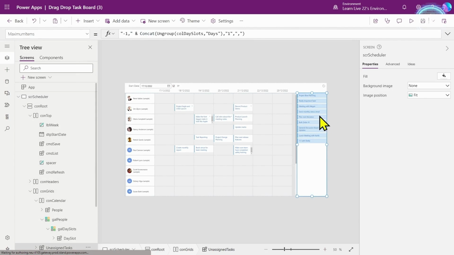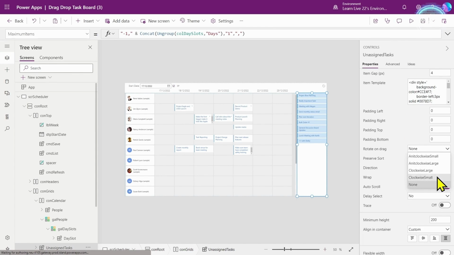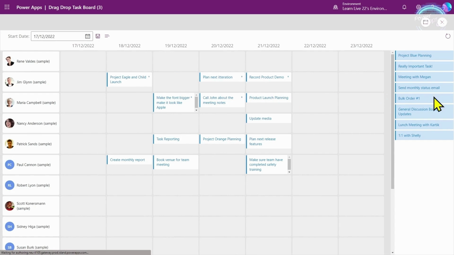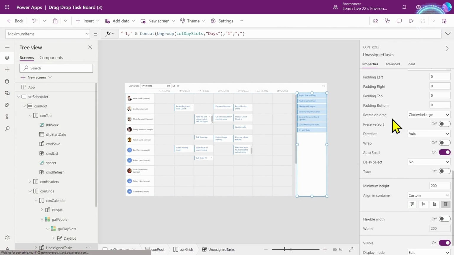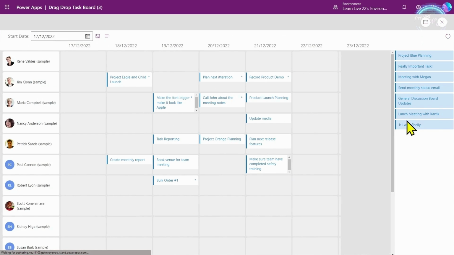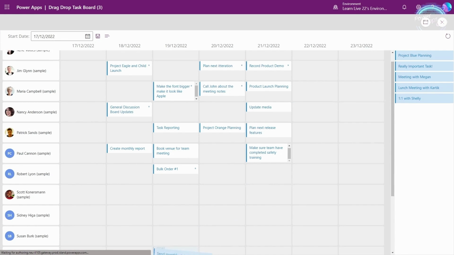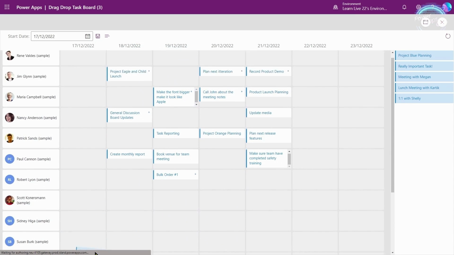And the last thing I'm going to do is let's just go into the master template here. So I can say, let's say rotate anti-clockwise or clockwise large, and run that. So as I drag it, it's noticing, it's sort of looking like I'm kind of moving it around. Maybe large is perhaps a little bit too large for your liking. So you might make it small, a little bit more subtle, like that. There we go. So it kind of looks like it's being dragged around, which is pretty awesome. And that also allows me to scroll up and down by moving to the position where it causes the scroll.